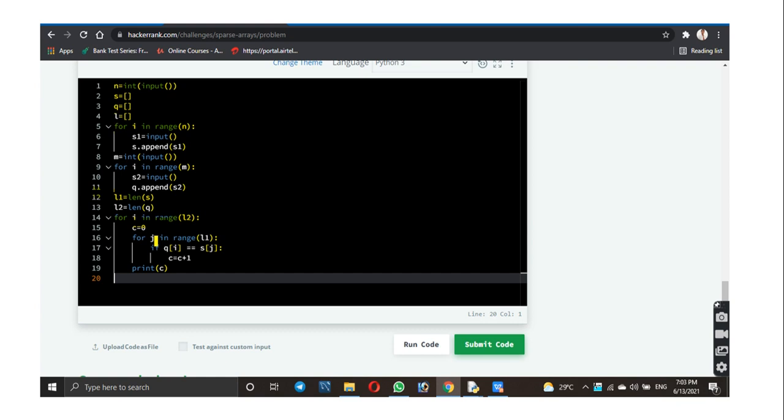After that for the query I have used j and again used a for loop, and this will go over the range L1, and this will take a query at index 0, 1, 2, 3, and it will compare it with all the values of the strings, and if it is found, then the value of c will be increased, otherwise print 0.